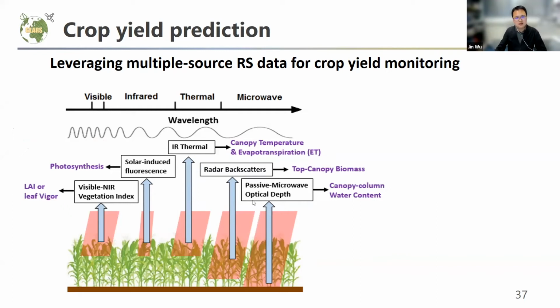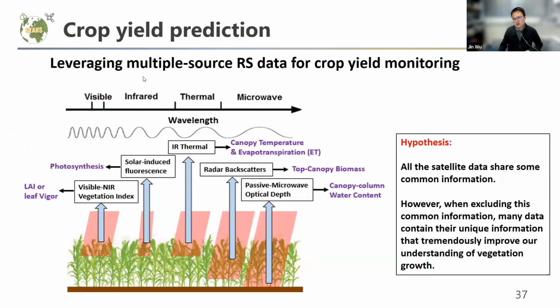So during that time, my colleague and I hypothesized whether we can use multiple sources of remote sensing, especially different remote sensing platforms. If they capture different spectral domains, that means they represent different biophysical variables, and whether we can integrate them together to achieve a similar function as hyperspectral remote sensing does.